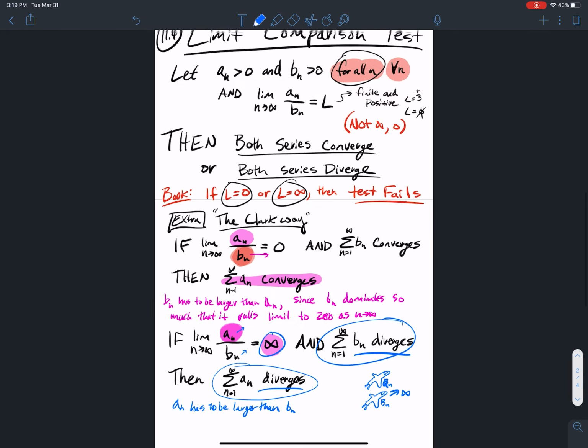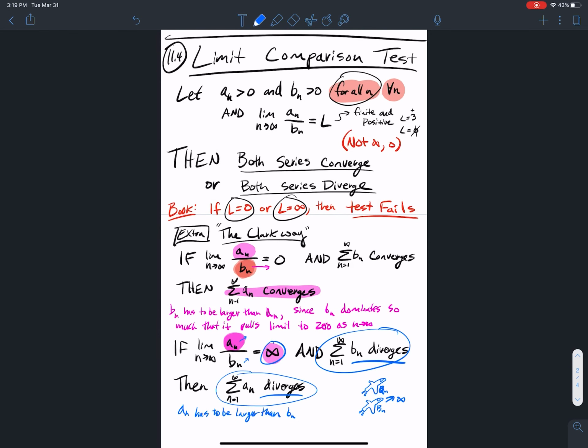So just in summary here, you don't have to worry about these special cases if your answer is some finite positive number, meaning as long as it's not infinity or 0, you're good. Either both converge or both diverge. Okay? But if you get an answer of 0, right? If you get some answer of 0 here,